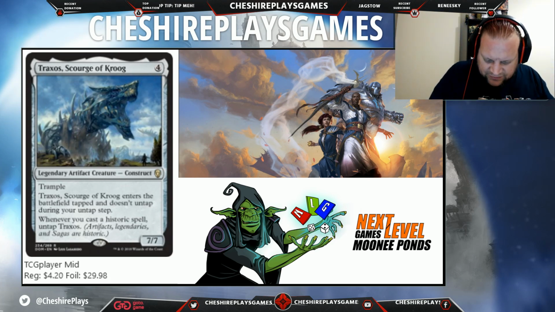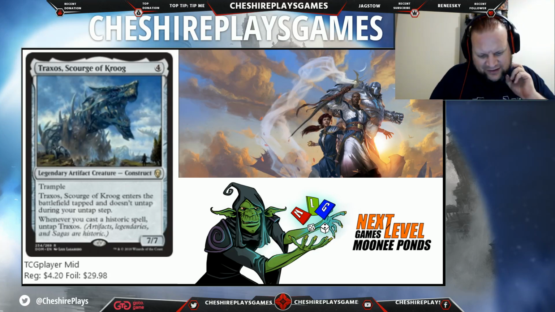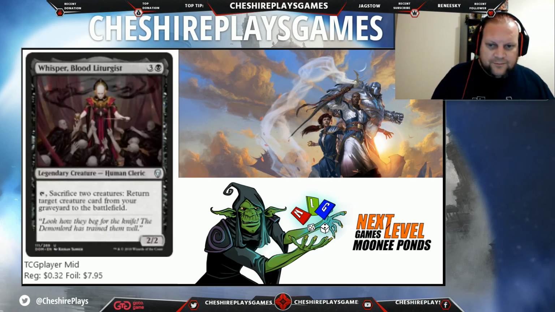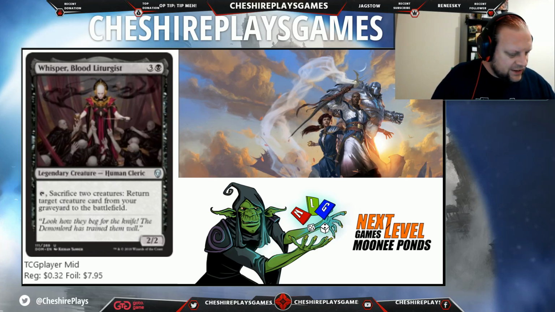Trample. Enters the battlefield tapped. Doesn't untap during your untap step. Whenever you cast a historic spell, you get to untap it, which is artifacts, legendaries, sagas, and historic cards. That was funny. So that was our legend card. This is also our legend card that we got. And our rare...